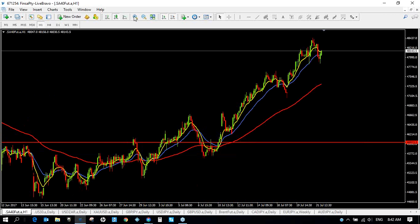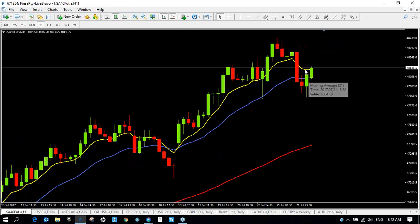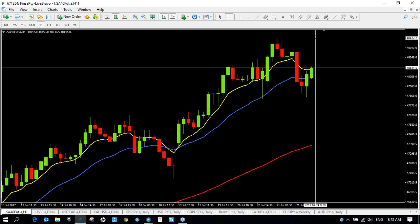Have a look at the Aussie. Opened this morning. This is the hourly chart. It opened below Friday's close, but has since moved through and closed that little gap. If you're on a 5-minute chart, there would be a little gap there that's closed now, and the trend is still up. I'm looking for it to push through that 48,435 area, just above that resistance,